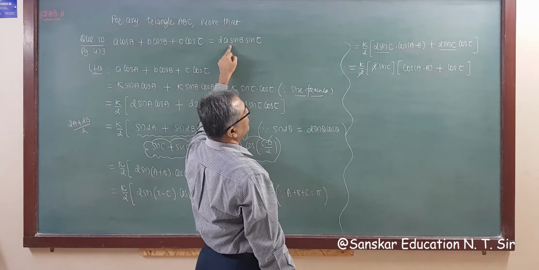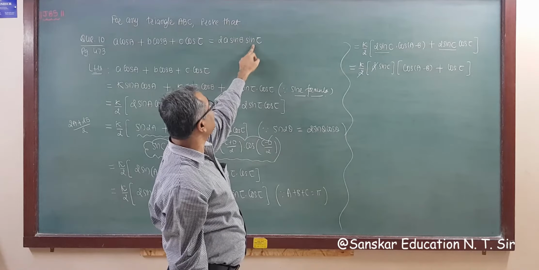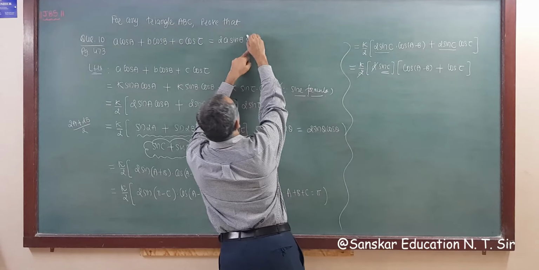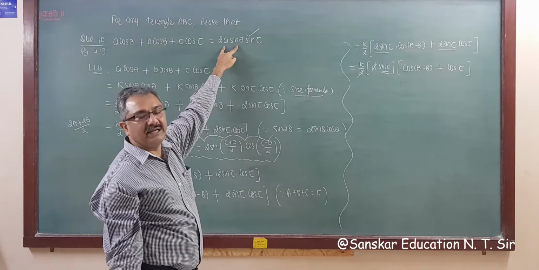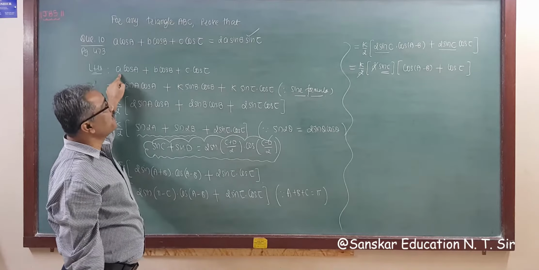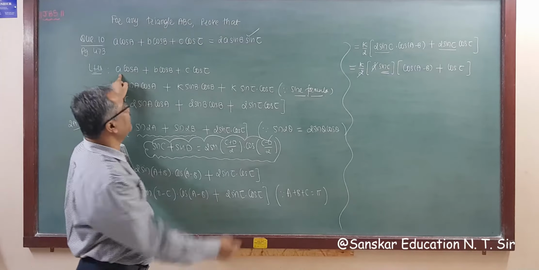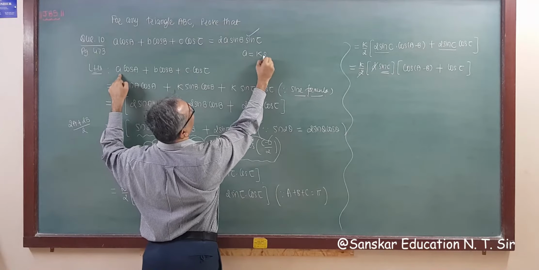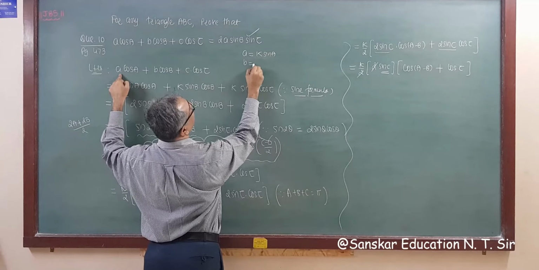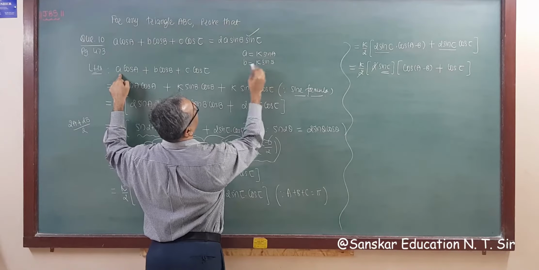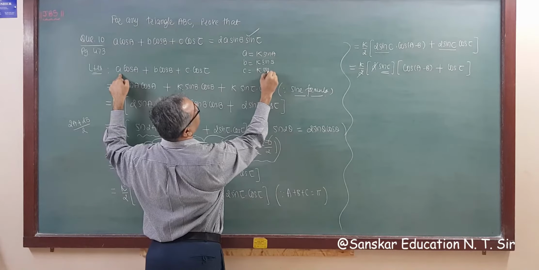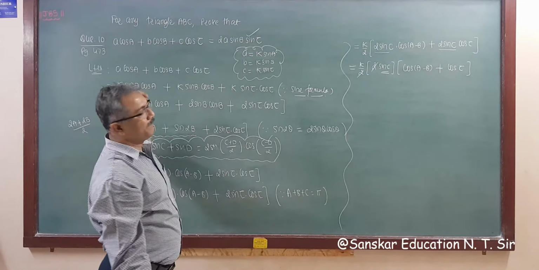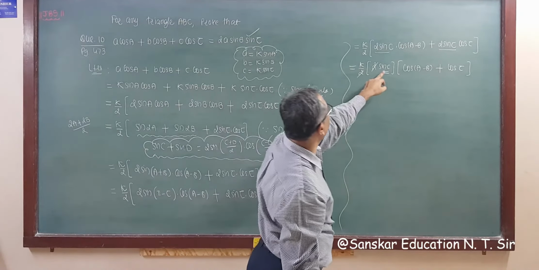Now small a, no, small a is not here. Sin C, sin B, no sin B. Only sin C is here. So we need twice a sin B. And what is small a? Small a, you know, is K sin capital A. By the sine formula, I am writing that a is equal to K sin A, b is equal to K sin B, and c is equal to K sin C. This is by the sine formula that you know, right? So K sin C we require, K is here.